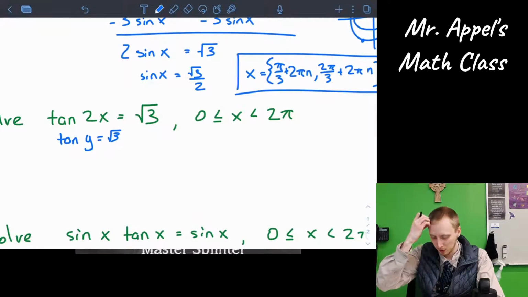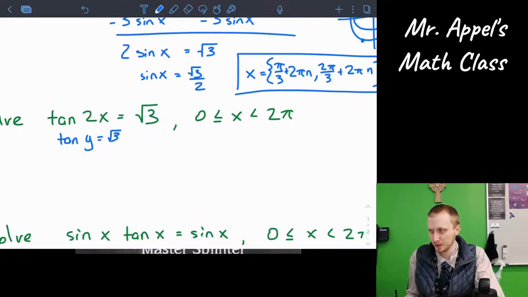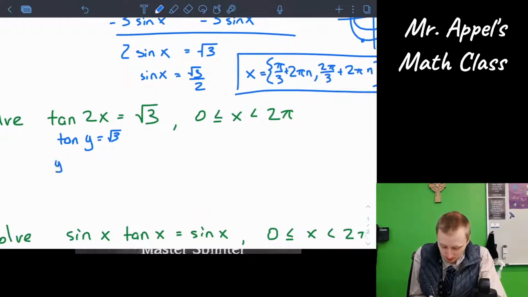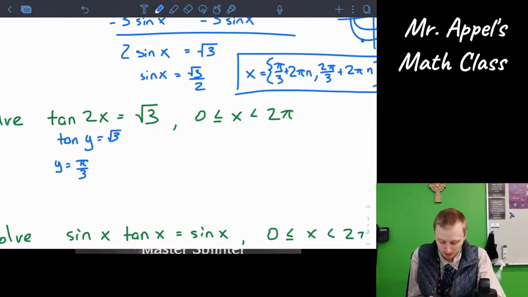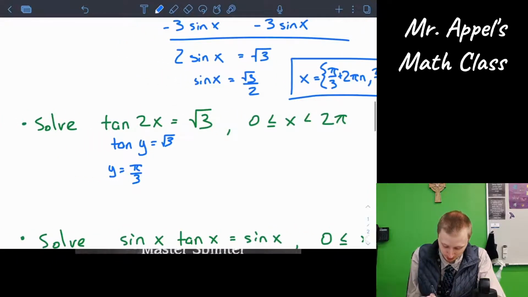Tangent of what equals square root of 3? Well, that y could be pi over 3. Right? And it could be right anywhere on your unit circle. Tangent,